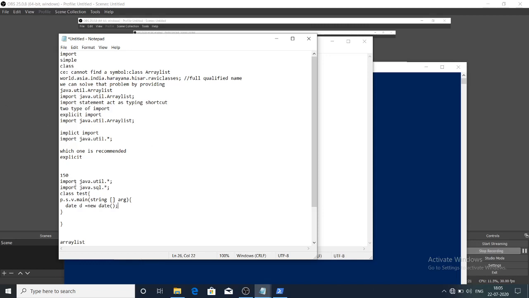He goes to import java.util. There's a Date class. So he says Date class is coming from the util package. Then he makes the object of that class.